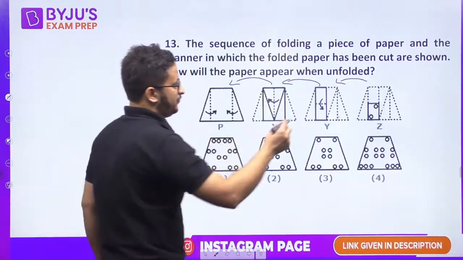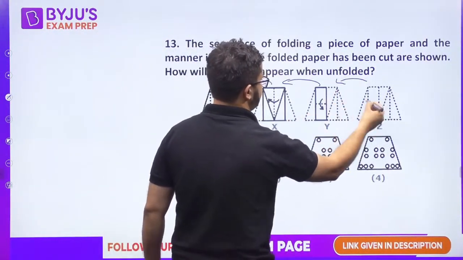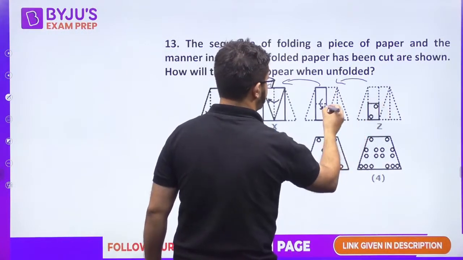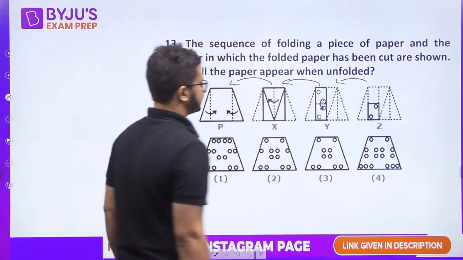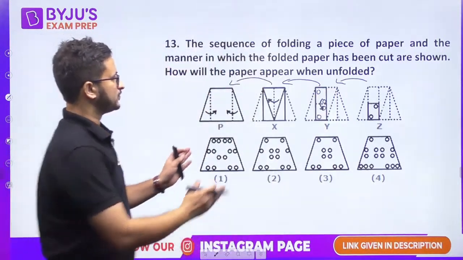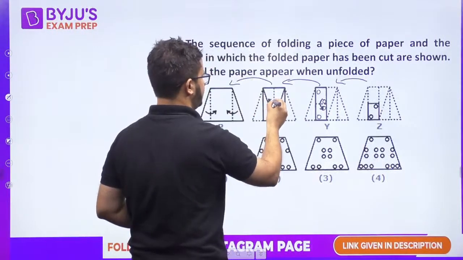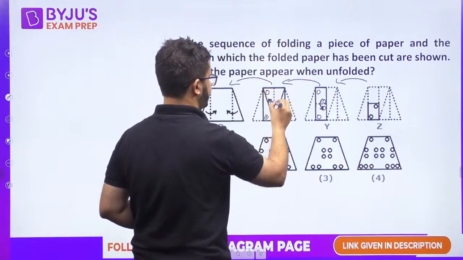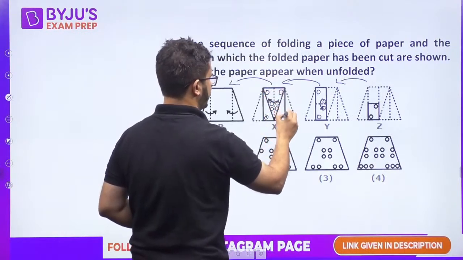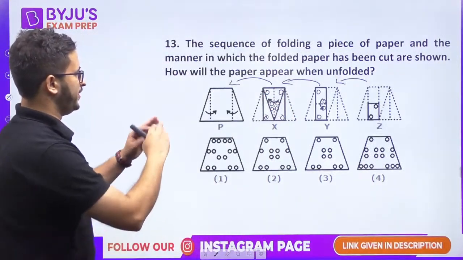Okay, so first when you unfold it, what will happen is that this was flipped down, so it will become reverse here, right? So this and this. Okay. Now it was closed in half. So when you open it back, it will be something like this. Two squares here and 2 circles in the center, 2 circles in the corner. Okay. Now what will happen is when you open it again,